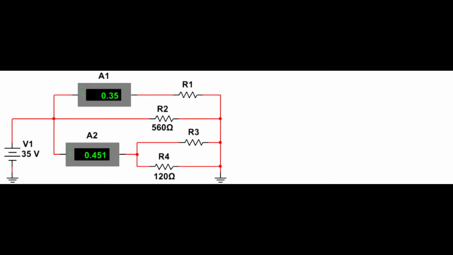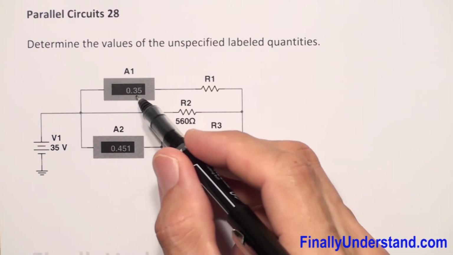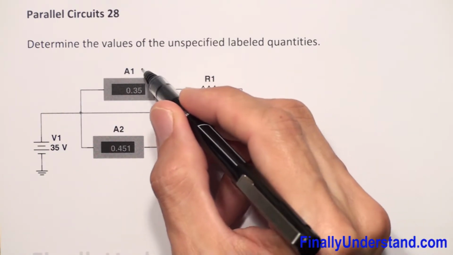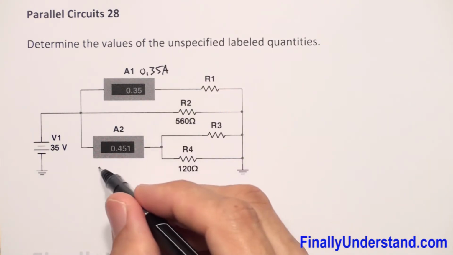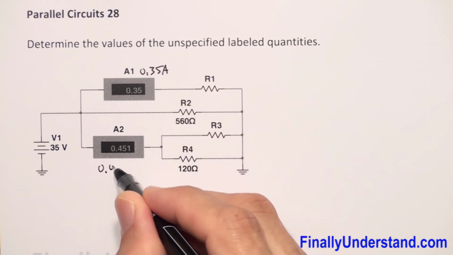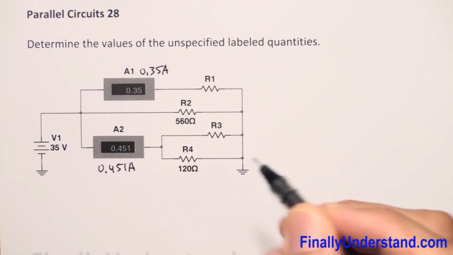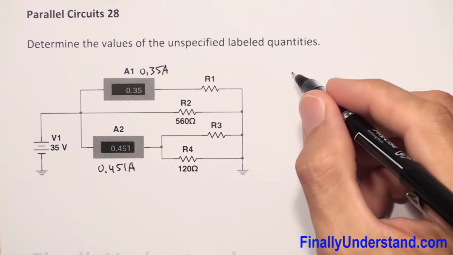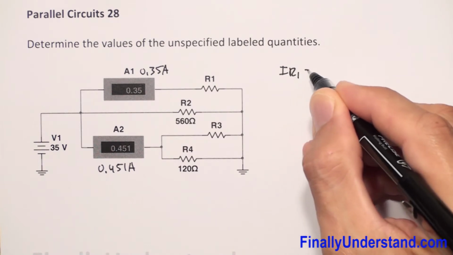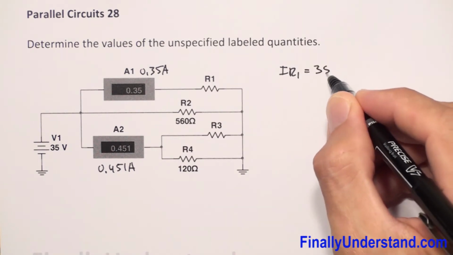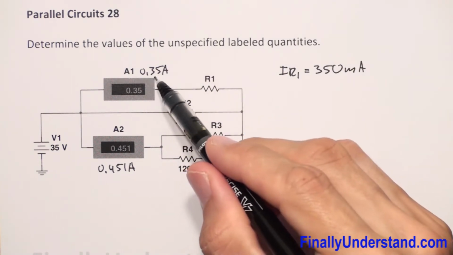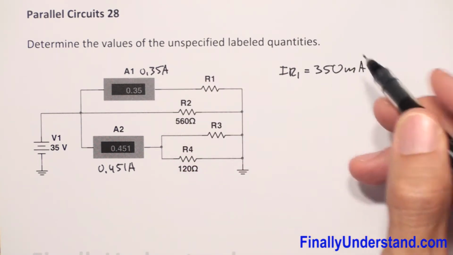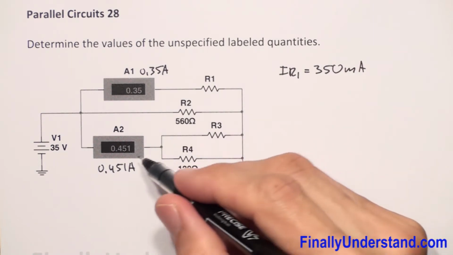Let's take a look at this example. Let me just make clear that this is 0.35 amps current, and this one is 0.451 amps. In other words, I can say that R1 is equal to 350 milliamps. 0.35 amps is equal to 350 milliamps, and I can say that this is my current